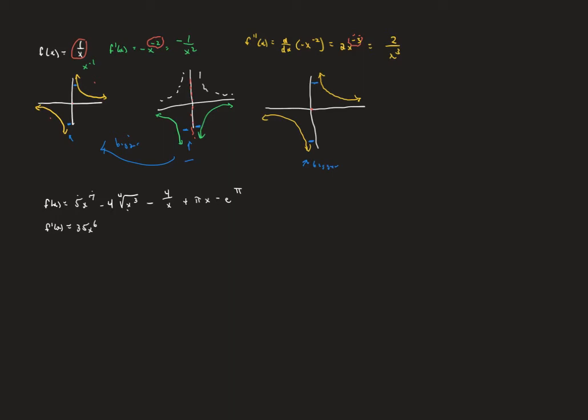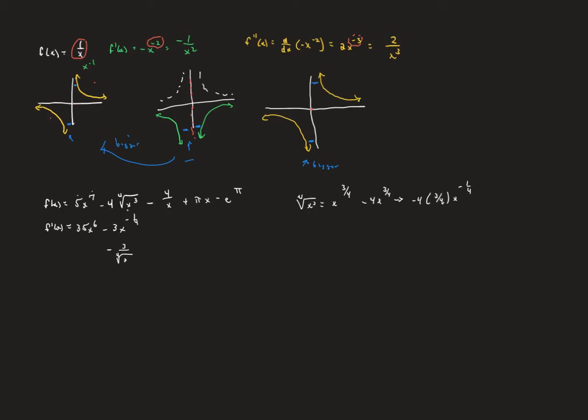Now we have this 4th root of x to the 3rd. I'm going to go off to the side here for a minute and know that the 4th root of x to the 3rd we can write as x to the 3/4. So the derivative of minus 4 x to the 3/4 is going to become negative 4 times 3/4 x to the subtract 1 from the 3/4, and so that's going to be negative 3 x to the negative 1/4, which you're fine leaving like that, or if you'd rather, you can call it negative 3 over the 4th